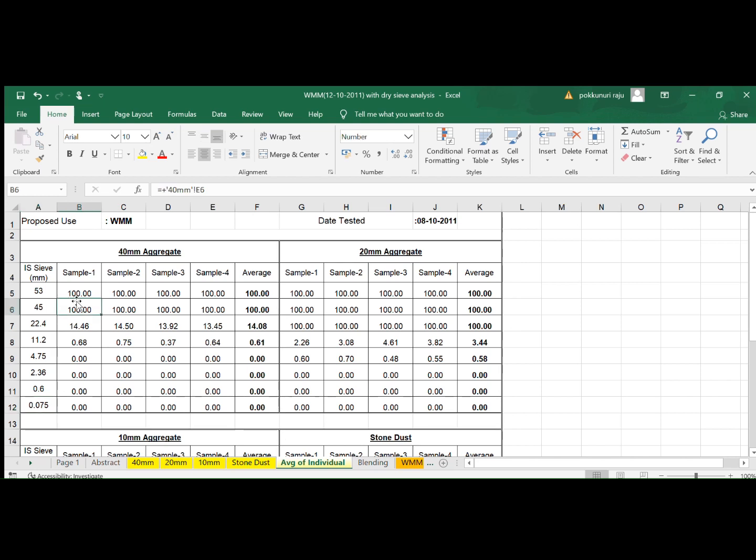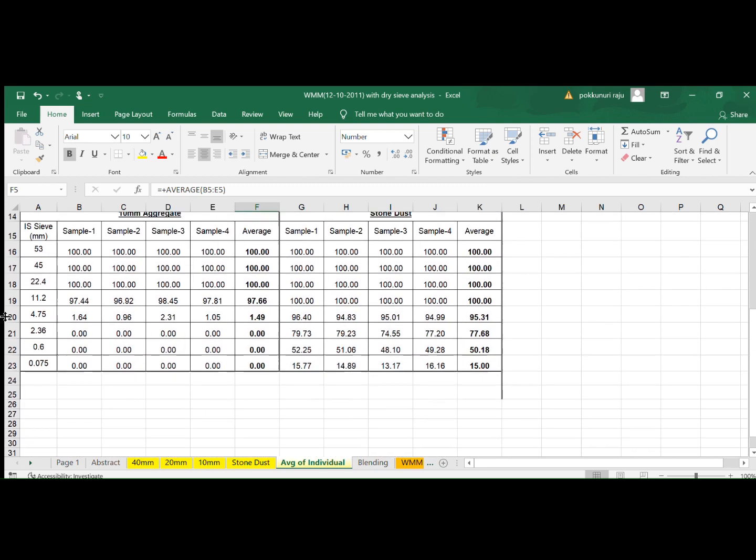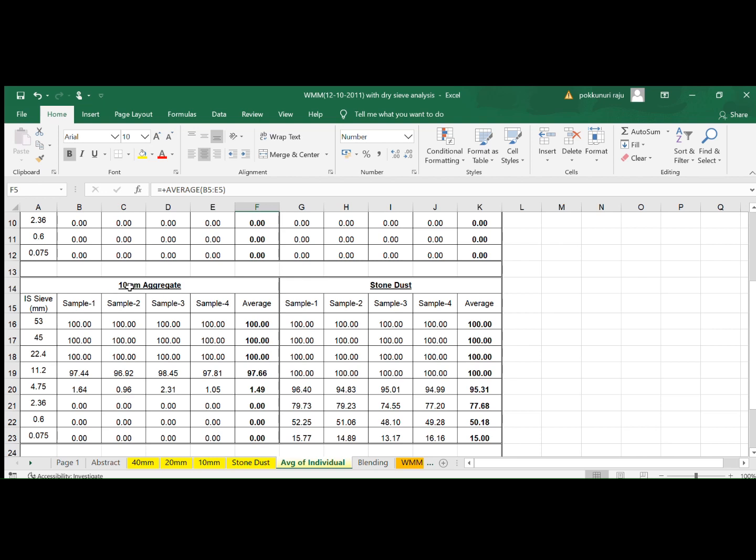We have noted down the percentage passing from each sieve for all 4 samples, sample 1, 2, 3 and 4, and then taken the average. By taking the average of the 4 samples, we get the average percentage passing from each sieve for 40 mm aggregate. Similarly, the average percentage passing from each sieve is noted down for 20 mm aggregate, 10 mm aggregate, and stone dust.